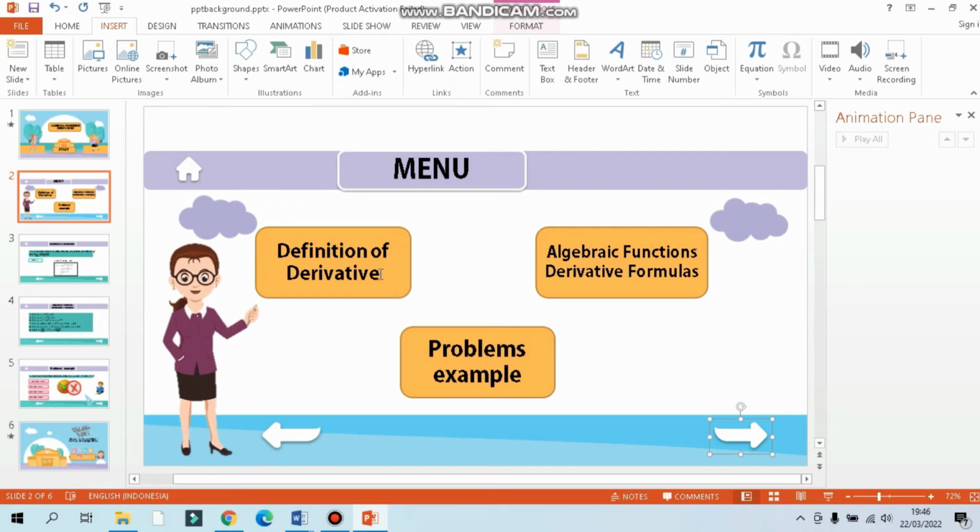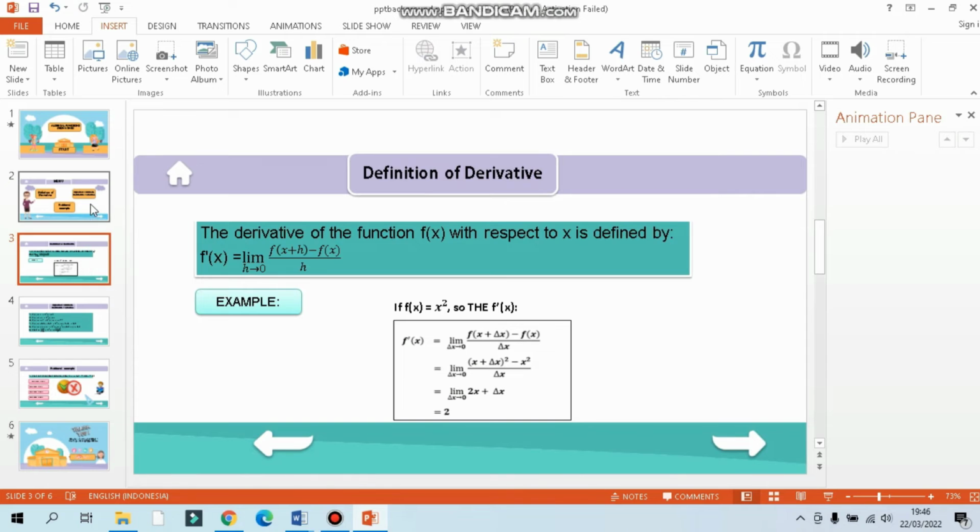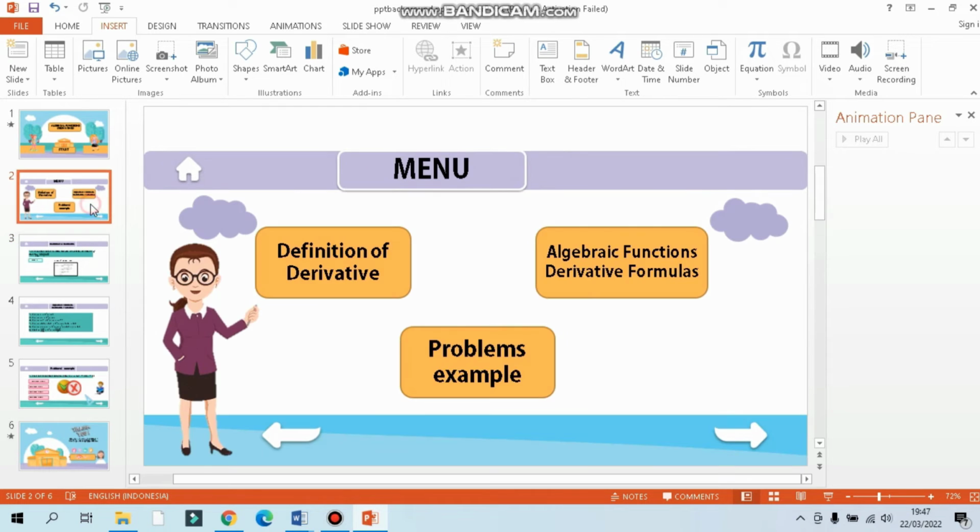Okay, to make the interactive PPT, we can click the definition of derivative, so that if we click definition of derivative, the slide explaining the definition of derivative will appear. We can link it to slide 3.